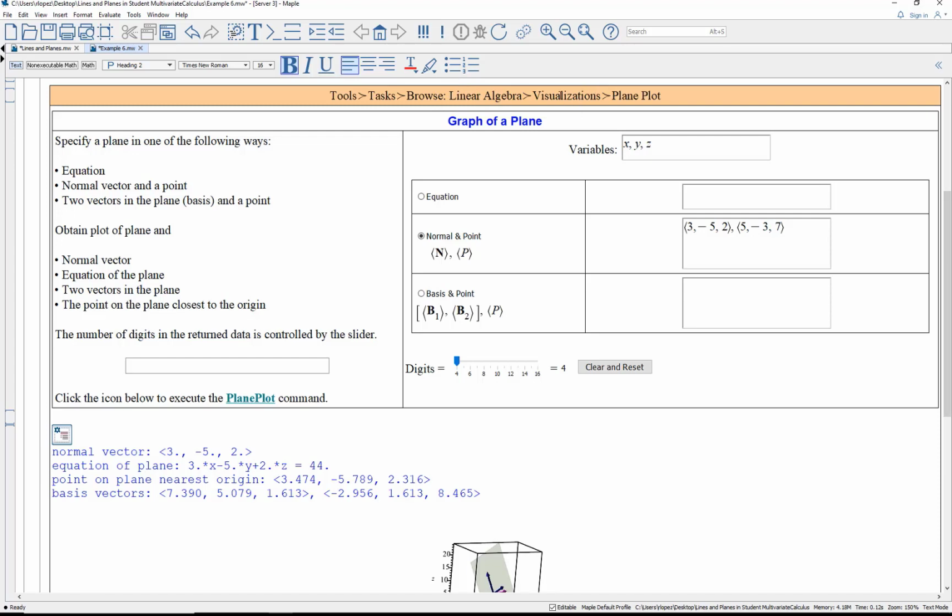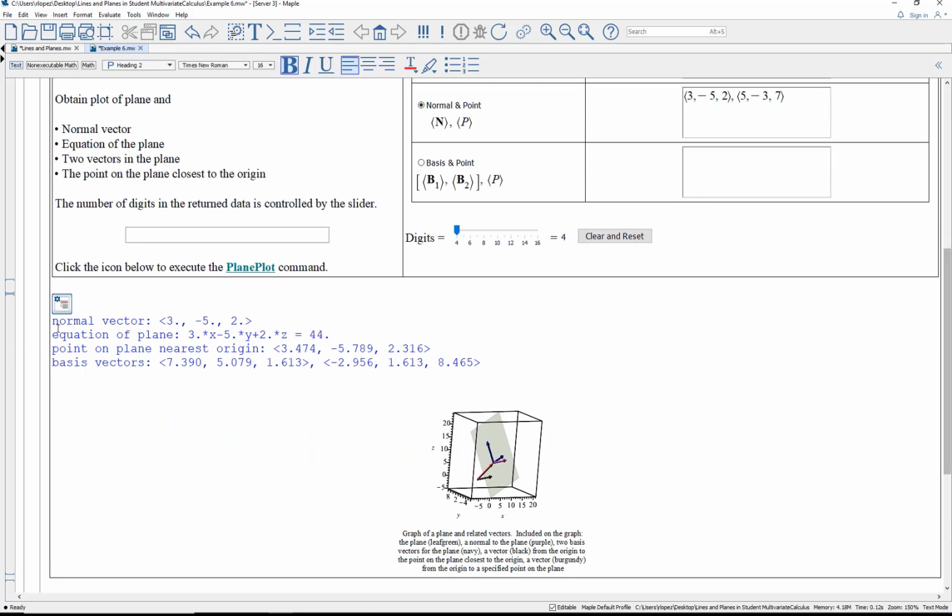In linear algebra visualizations, there is this plane plot interface to the plane plot command. So list the variables here. Normal, that's this vector, and the fixed point as a position vector. This slider controls the number of digits that will be used in this display down here. If this is clicked, it executes the code hiding behind here, code edit region. And what you get back from this plane plot command, which is running in the background, is the normal,